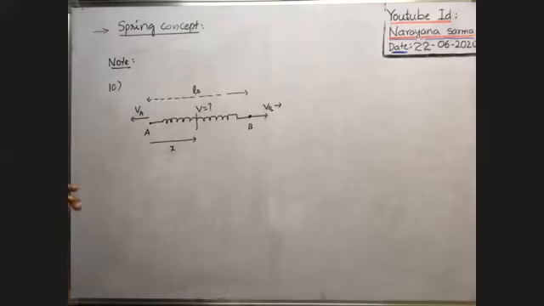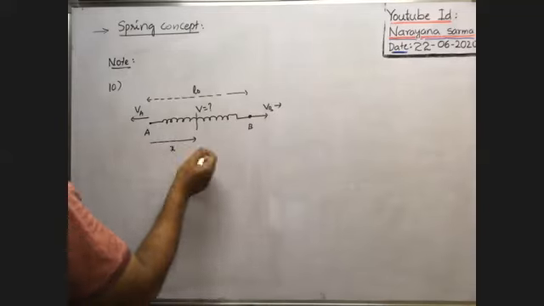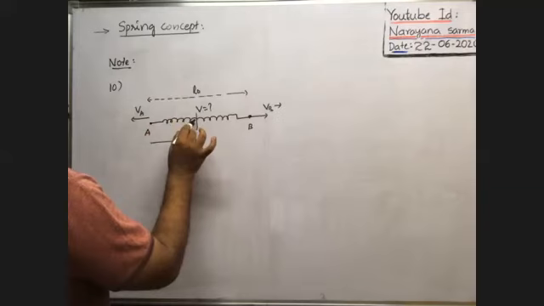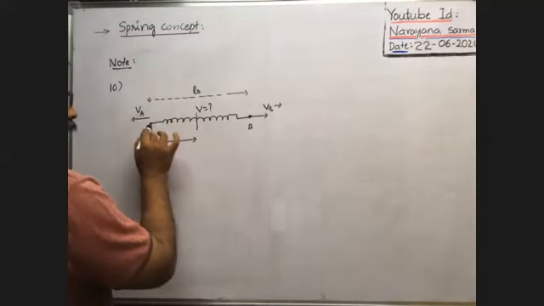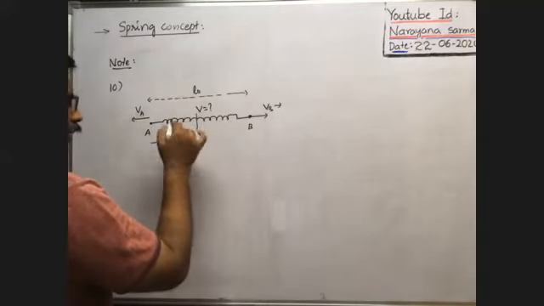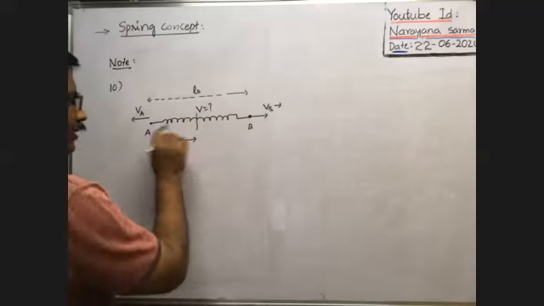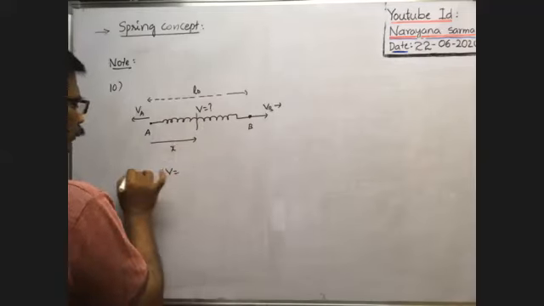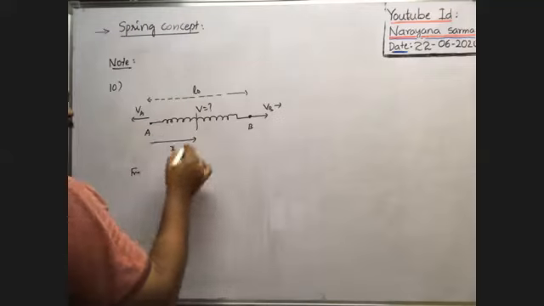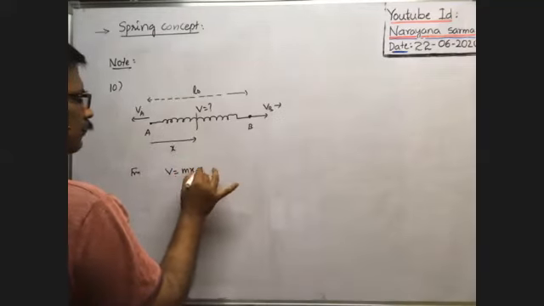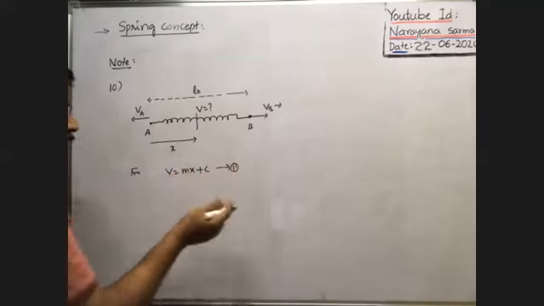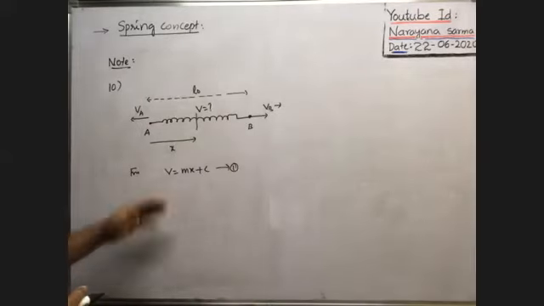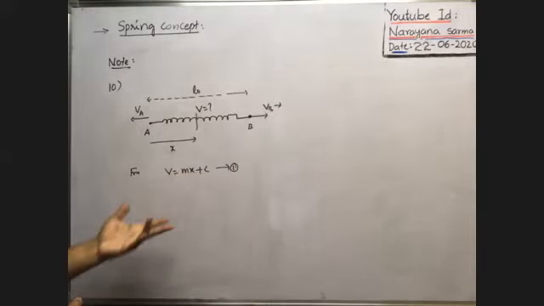Now you see, no doubt, with respect to any point, the velocity of each turn is directly proportional to its distance. So v is proportional to x. That's why v is equal to mx plus c. We have to write first, as we have written previously. Now whatever m value and c value, we have to substitute.